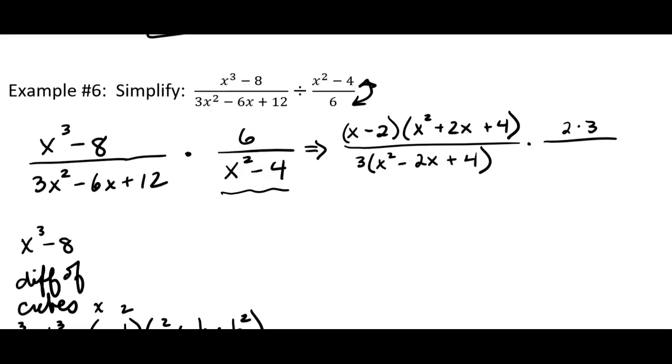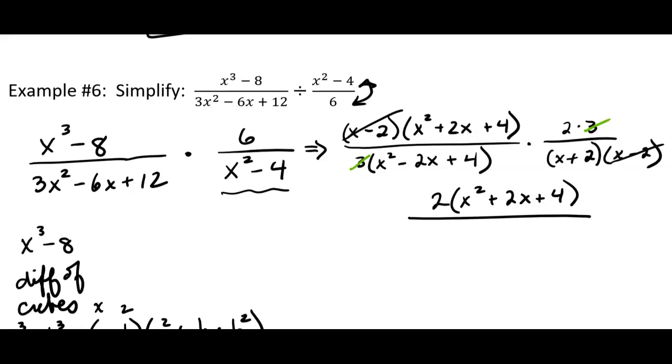Okay, and then this denominator here, that's the difference of squares. So difference of squares, really handy to know that one. It comes up a lot. Okay, and so I have the x minus 2's canceling. Those are out. And then this 3 right here is going to cancel with that 3. So what do I have left? Well, I have a 2 in the numerator, and I have x squared plus 2x plus 4, and then it's all over